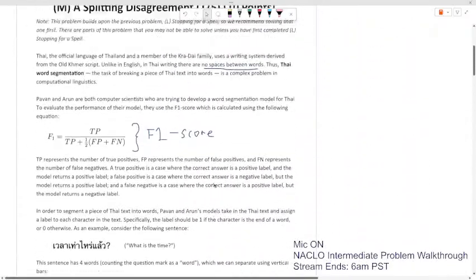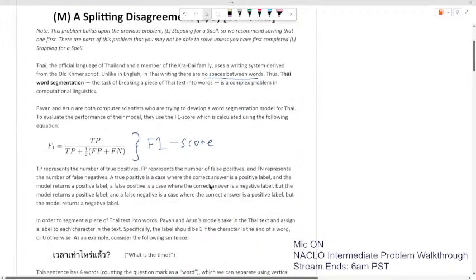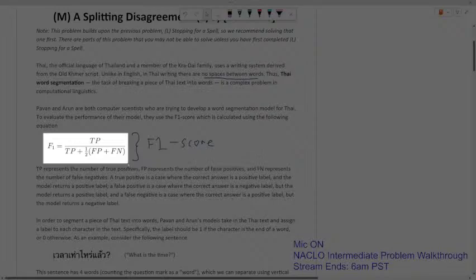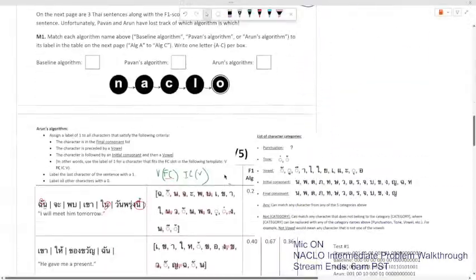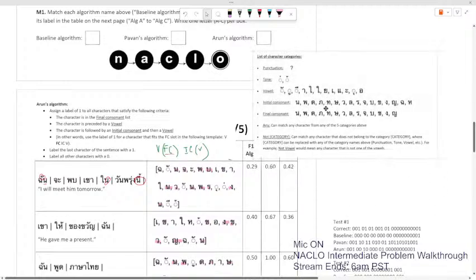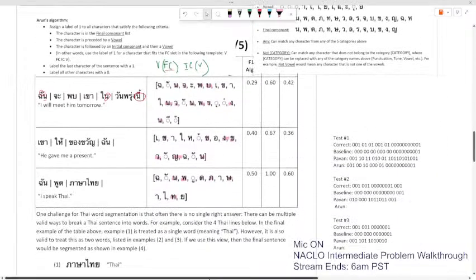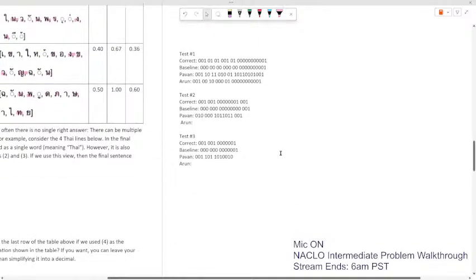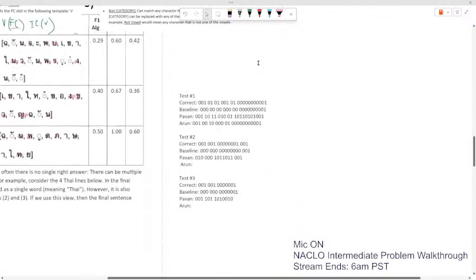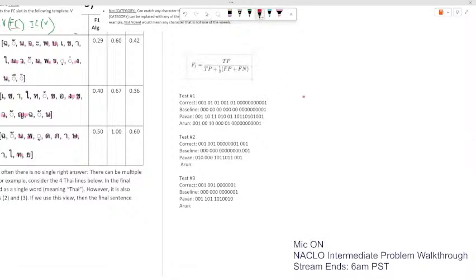Let me copy the formula for the F1 score. We're gonna slide this a little up so that we can see what the different scores are. But first we're gonna calculate the scores. So we know the correct one. Right, so we have F1